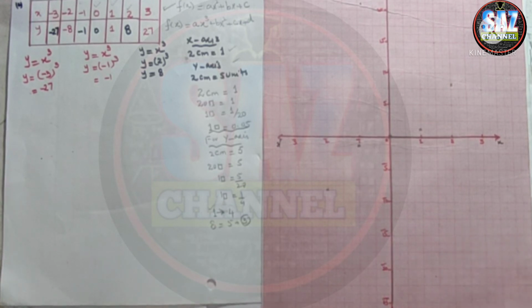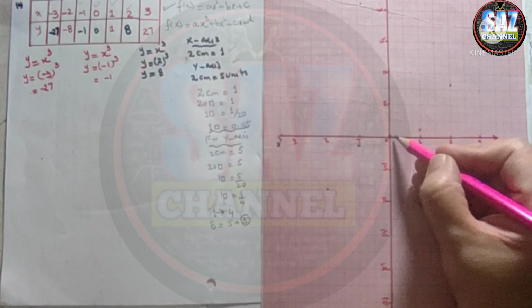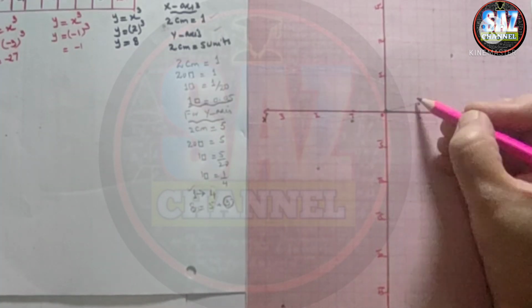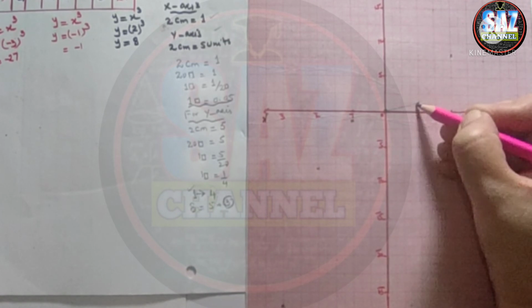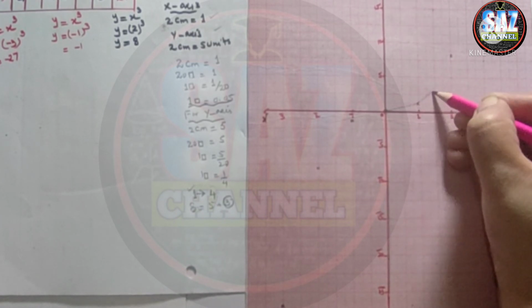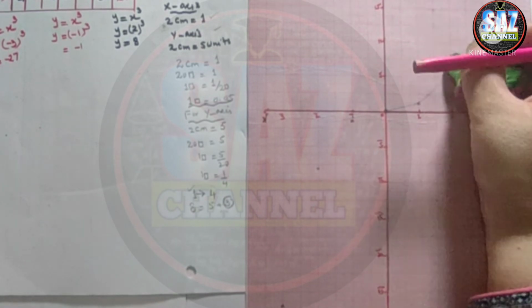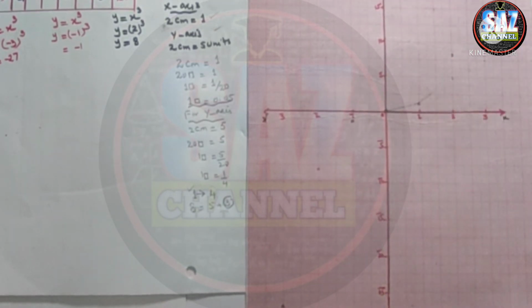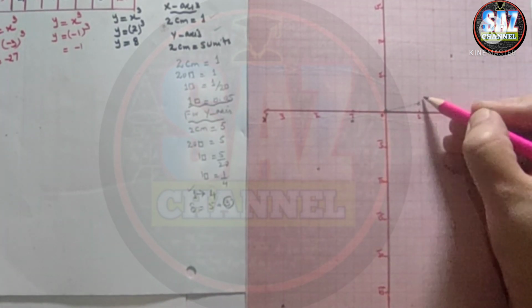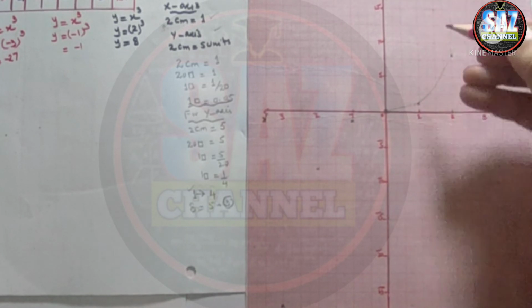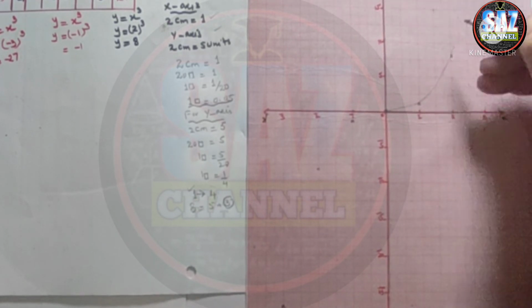Now first join all these points with a slide pencil and see the trend. Okay, like this. This is the curve, so it should not give you the impact of the graph which is drawn with the help of a ruler. That is only the frequency polygon that we can draw with the help of a ruler. Otherwise the rest of the curves have to be drawn freehand, but they have to be really smooth.